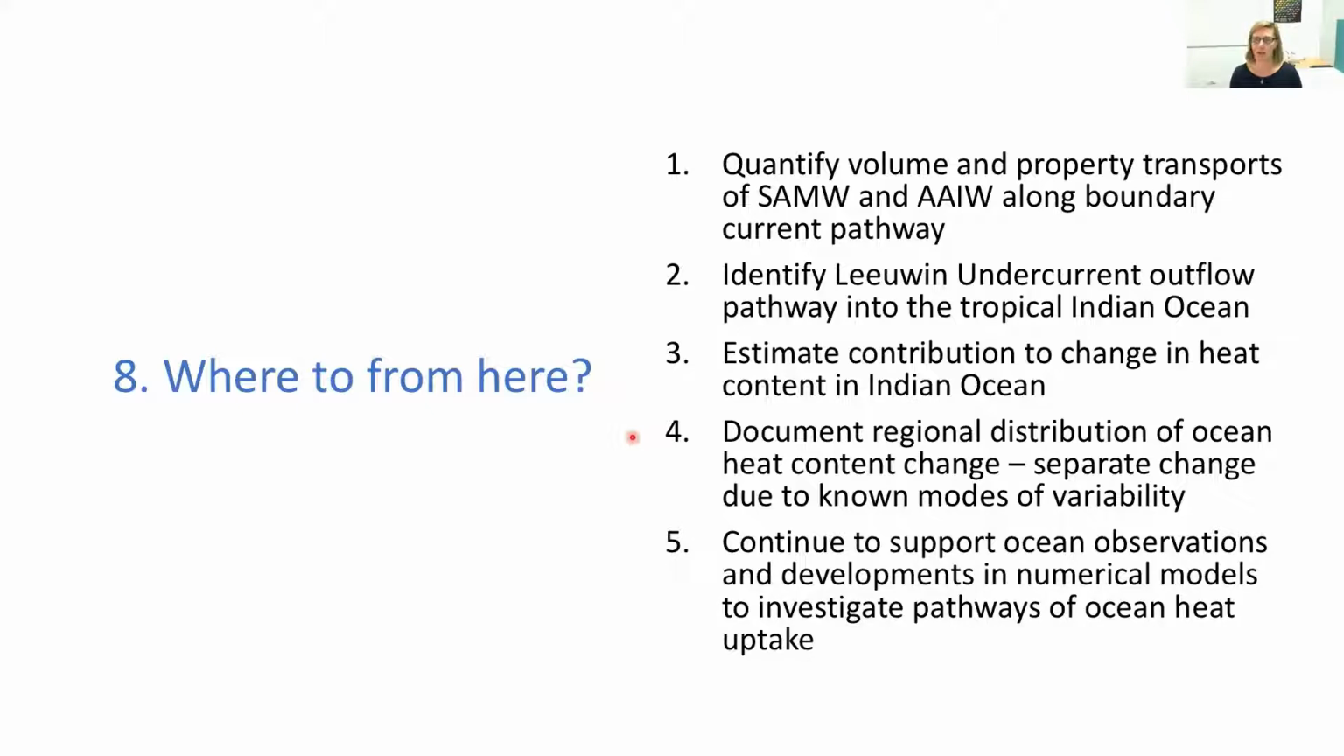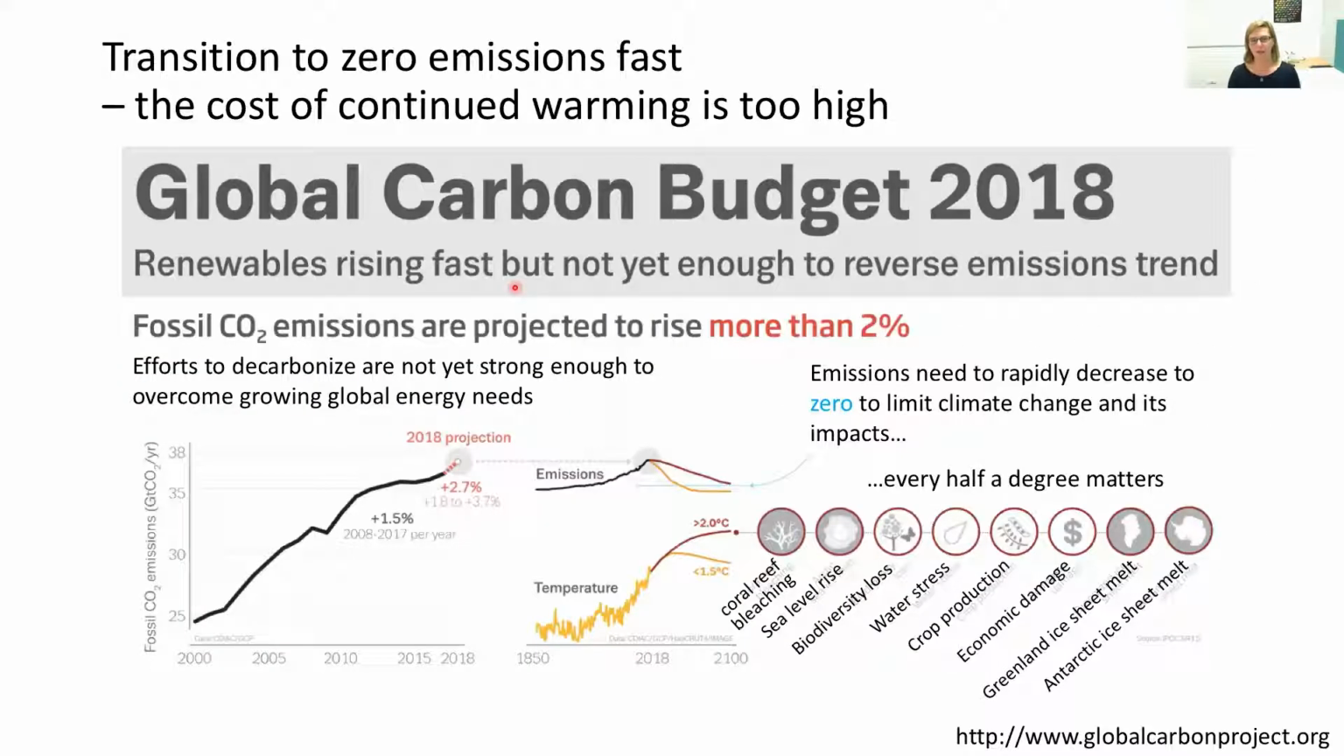And then a very key element of Project 5.7 is to continue to support ocean observations and developments in numerical models that allow us to investigate these pathways of ocean heat uptake and circulation in the oceans. So that's where to from here in the sense of our science, but there's also where to from here in the sense of our place in society